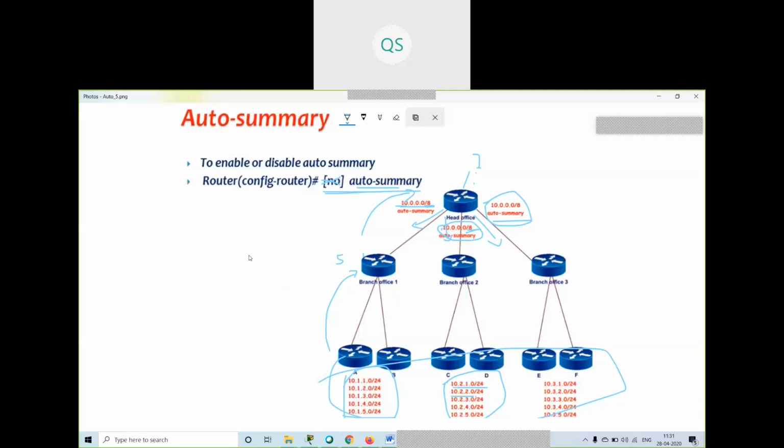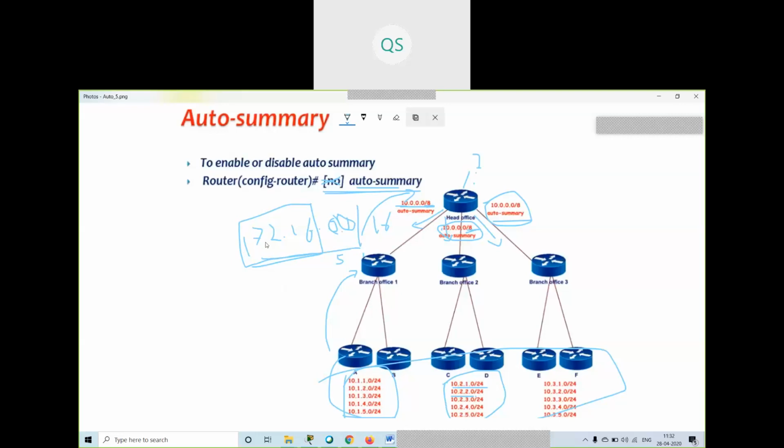Suppose I am having 172.16.x.x network. It will send a summary address of 172.16.0.0, and this is the default, and the slash value will be /16. So it will by default send this summary address for all the class B addresses.